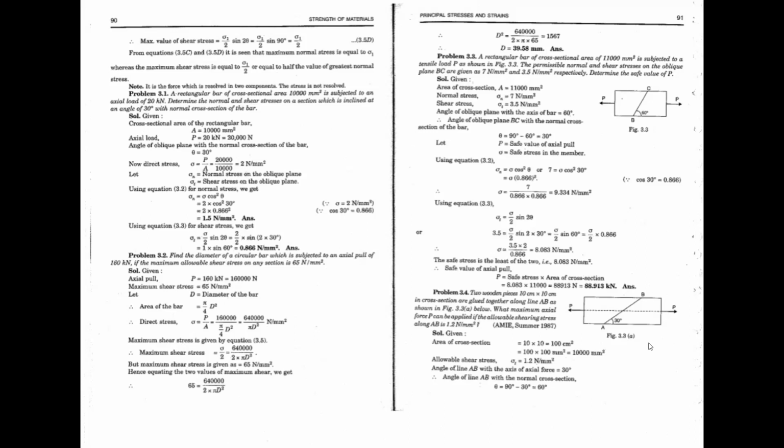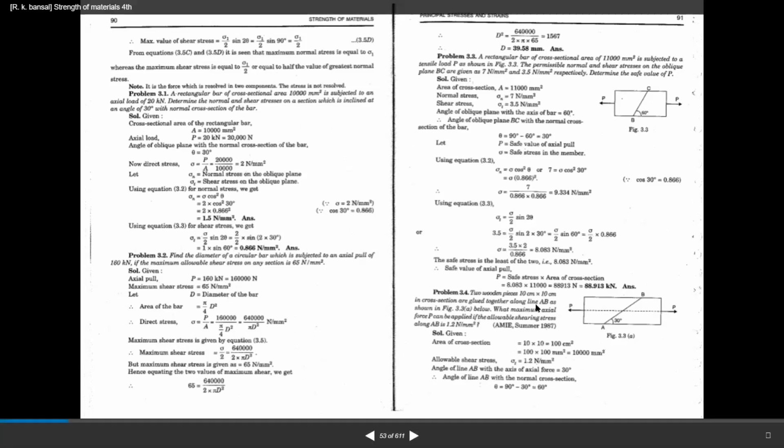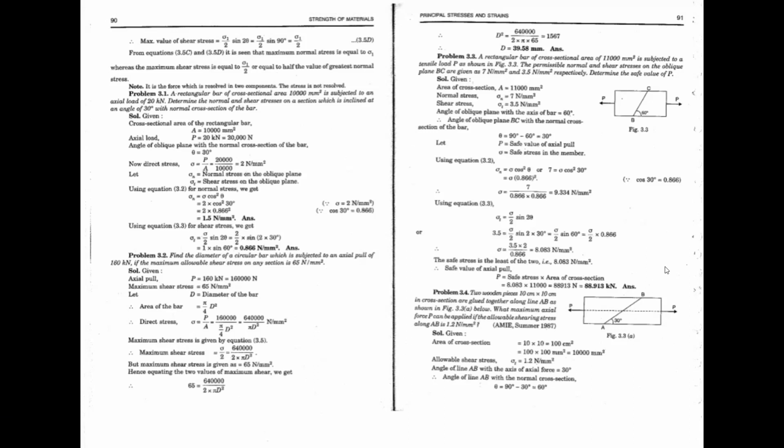See the diagram, along line AB, shown in figure 3.3a below. What maximum axial force P can be applied if the allowable shearing stress along AB is 1.2 Newton per mm